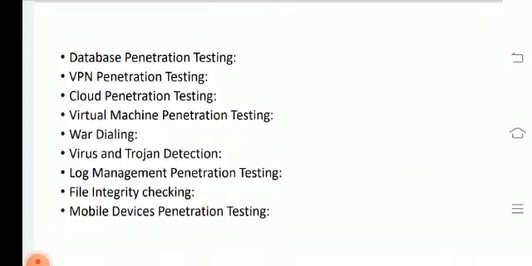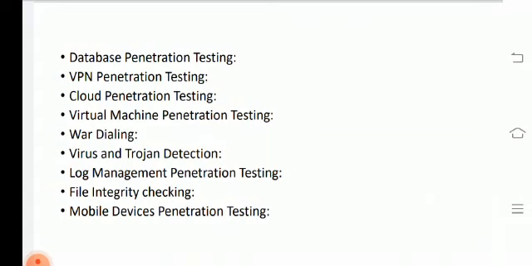Okay, next is database penetration testing. In this process, the penetration tester tries to directly access data contained in the database or indirectly access the data through triggers or stored procedures executed by the database engine. Okay, this method helps in avoiding unauthorized access of data.